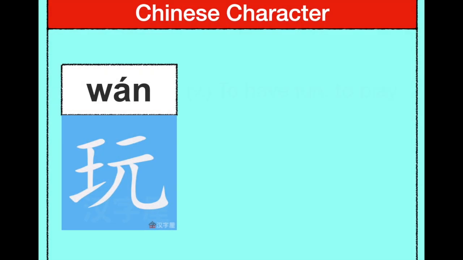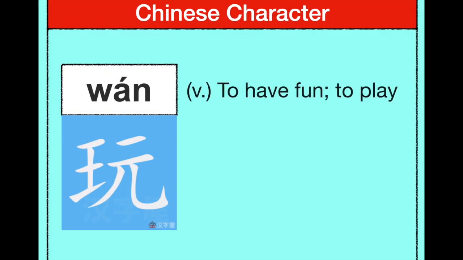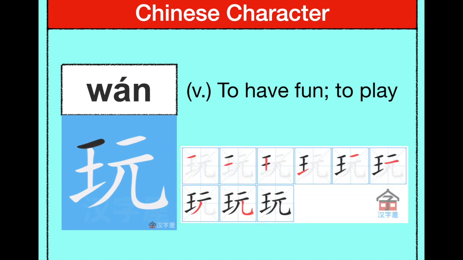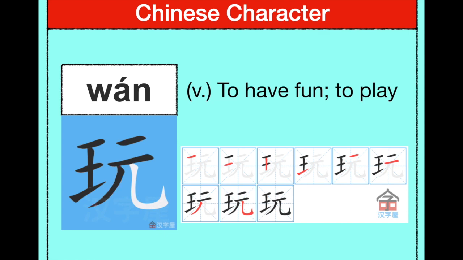So 玩 is a verb. It means to have fun or to play. So the pronunciation is 玩, but actually for North people, we usually say 玩. Now let's look at the stroke orders of 玩. 横横竖提横横撇竖弯钩